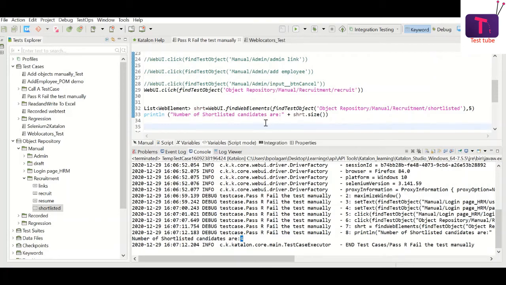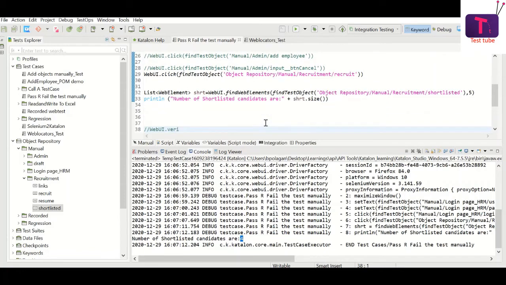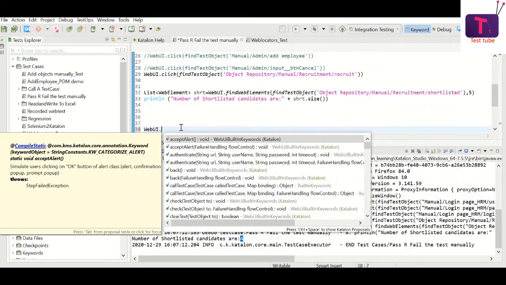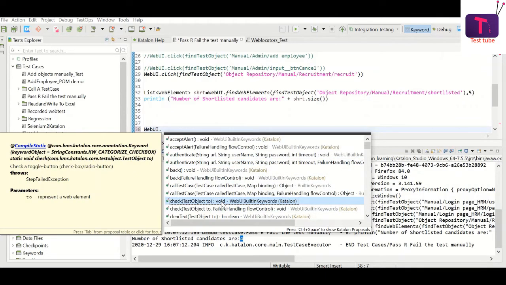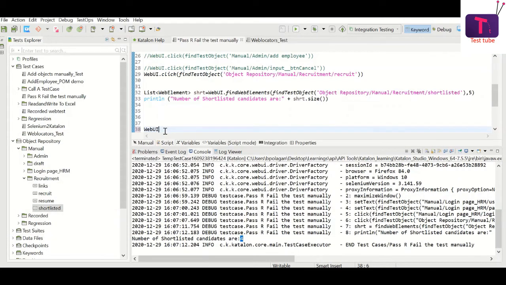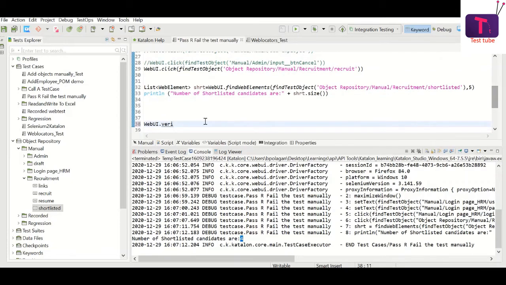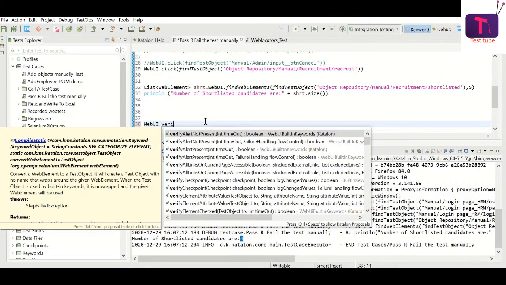But how do I do it in Katalon for this case? Let us have a look into the predefined keywords which can help in doing this validation. So we have a list of keywords over here. Let us try to verify something relevant.